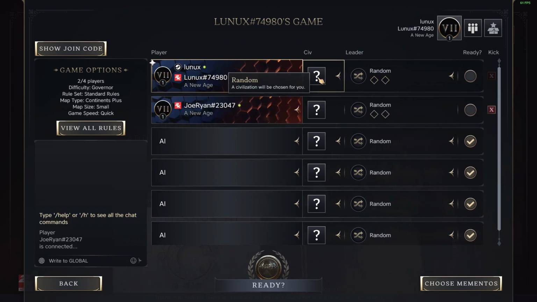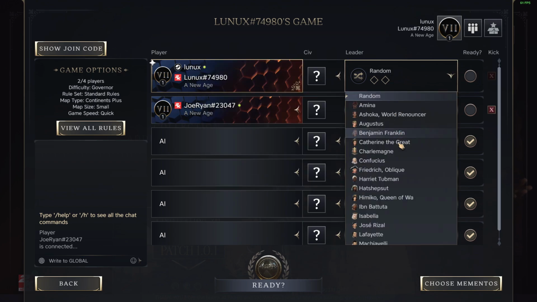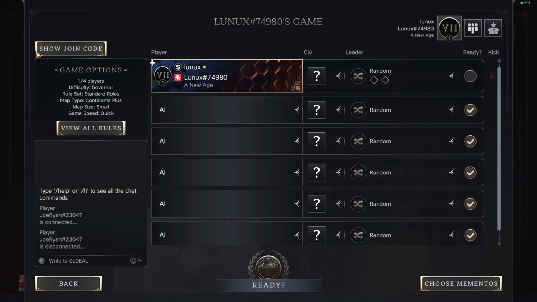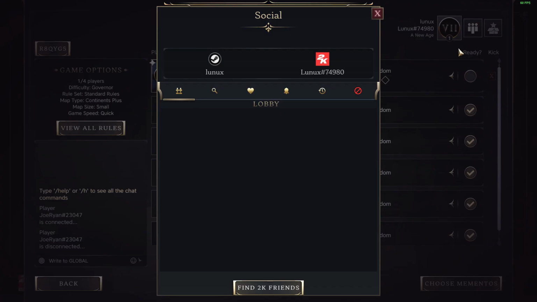Right on the right side you can select your civ and your leader, and on the top left you have this option to show your join code. So if you're a streamer, you don't want to press this code, otherwise just click on this option and the code will be available. Then down here you can chat, and to start the game you have to press start ready. To invite people you have to go to this list